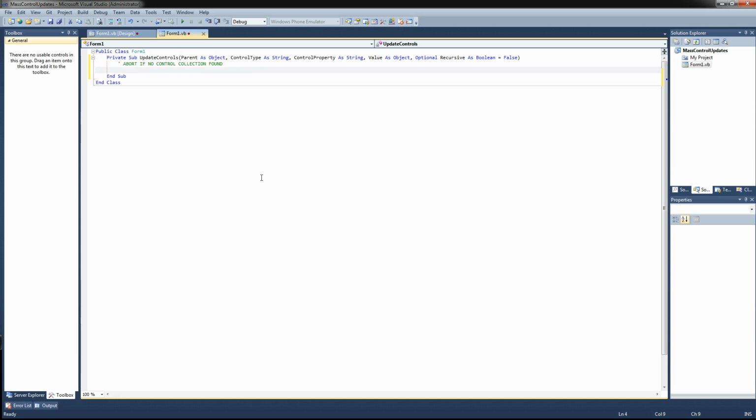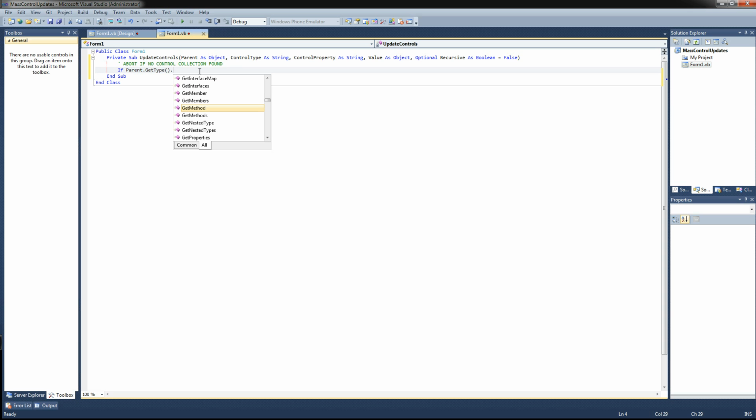And to do this, all we have to do is say if parent.GetType. And the reason we're using GetType a lot is because we're using these agnostic variable or data types like object. By default, you know, it doesn't understand exactly what kind of object it is. But when it uses GetType, it can return, it'll say, oh, hey, it's a form. Or, oh, hey, it's a group box, or, you know. So this helps it locate its type, and then we can call its